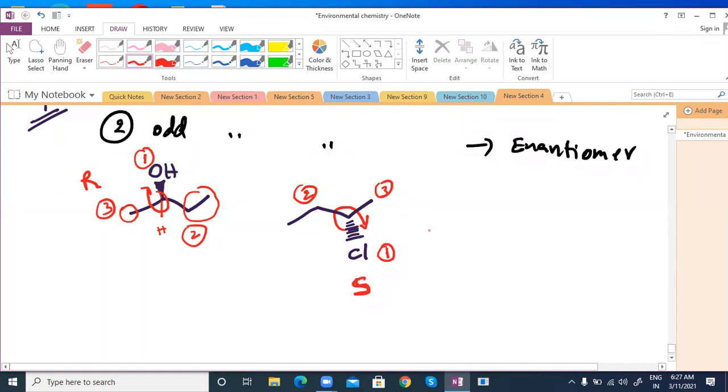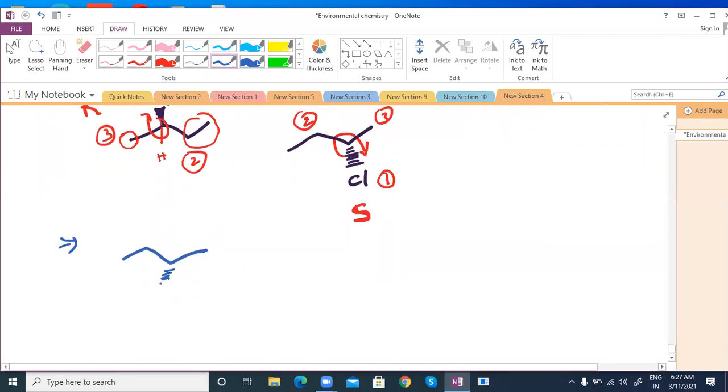Otherwise, if you don't like to do that, suppose it is already given, you have to do exchanges. So I am writing that also. The number of exchanges you can do. This is Cl. Here hydrogen also will be there, assume that. I am exchanging the Cl and methyl, sir. Adjacent groups I can exchange. Then you can see one exchange means the enantiomer will be obtained. Before this, I can write it properly.